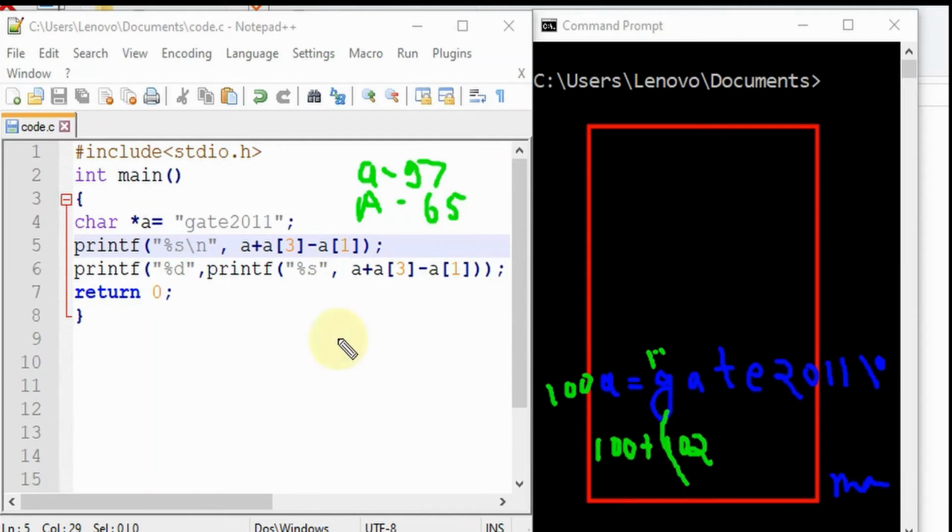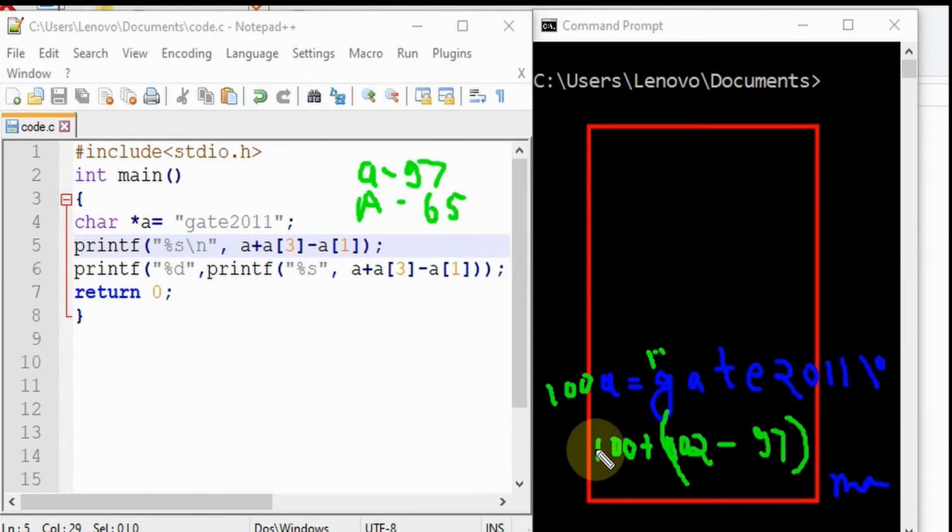Okay, this is our address, and we are accessing the values in here. So this is our address 10. This is the ASCII value of E, and now we are accessing A1. It is A, so 97 will be subtracted from this.